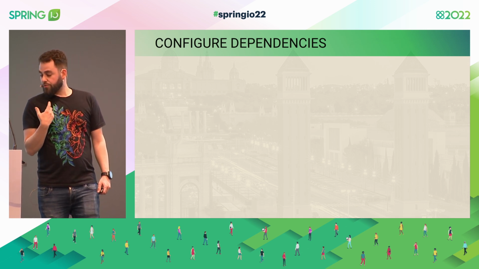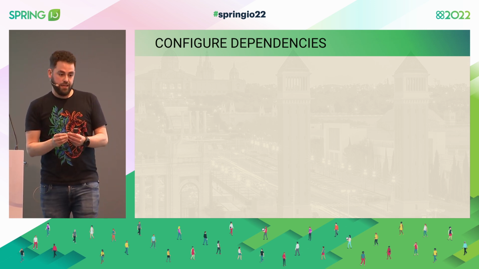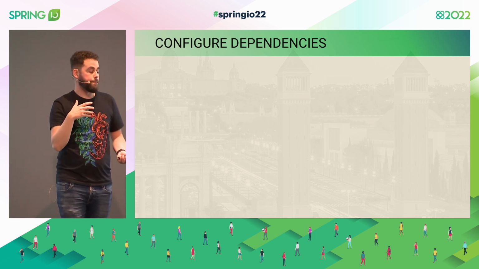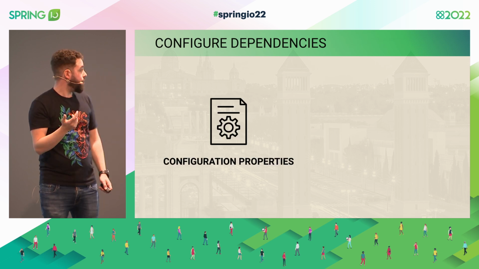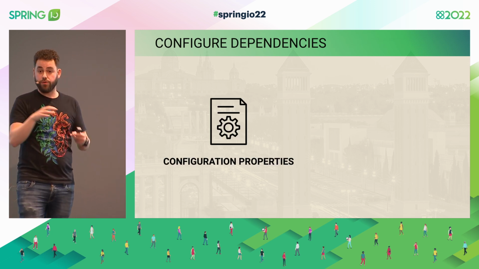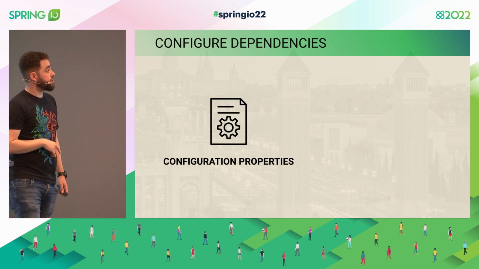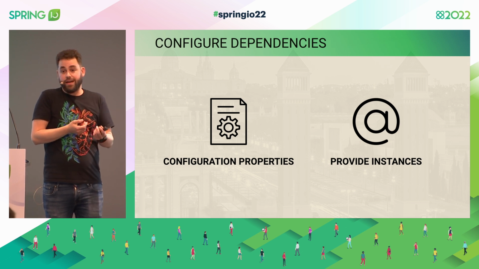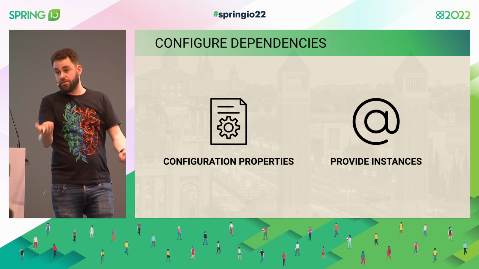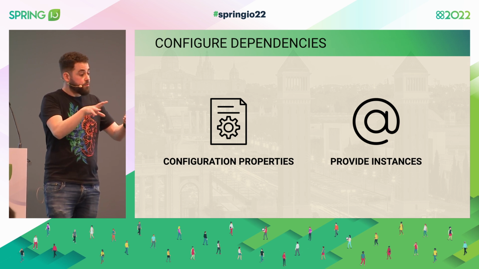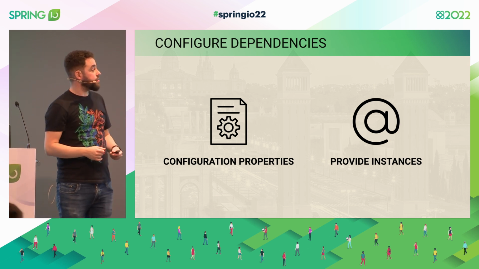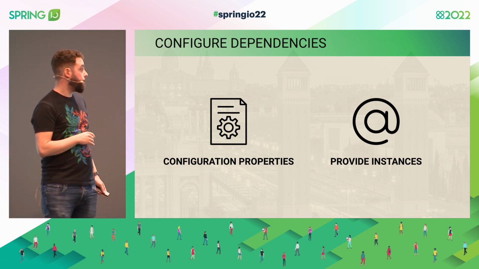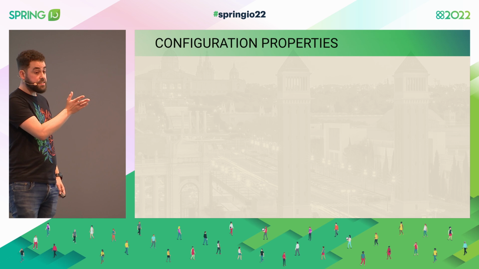And the question is, how can we configure dependencies in Spring? Meaning, I add a third-party dependency. How can I configure its default behavior? And mainly it comes to two options. On one hand, it might be just via configuration properties, so we can have these properties that we write and control the behavior. And also, sometimes they just expect some beans to be added to the context. So we can implement an interface, or we can just provide another kind of class. And the framework, or this third-party library, or whatever in particular, is going to just use it. So these are the two main ways we have to configure the dependencies. Let's see one by one.